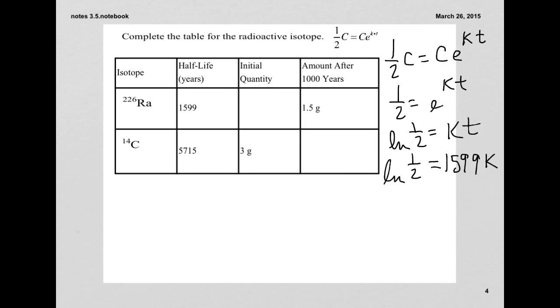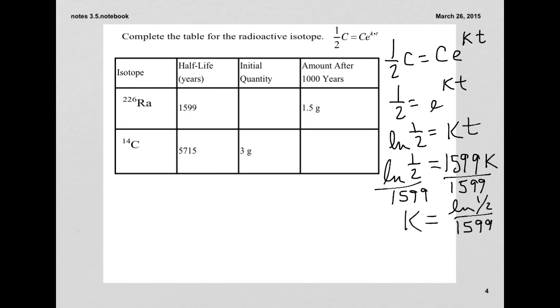So now we divide both sides by 1,599, and we get k equals ln of 1/2 over 1599. We're going to leave it like that because now we need to plug back in,